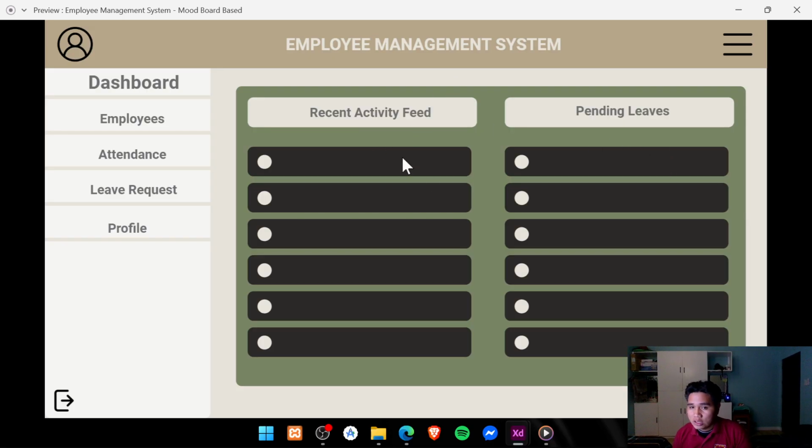If you click here, there's nothing showing what the recent activity feed is, or a small detail about that. Same with the pending leaves.